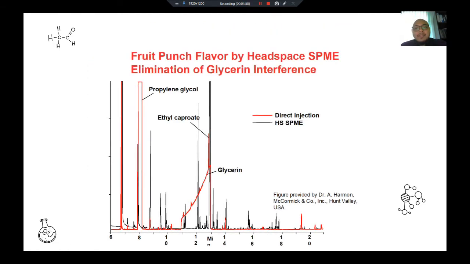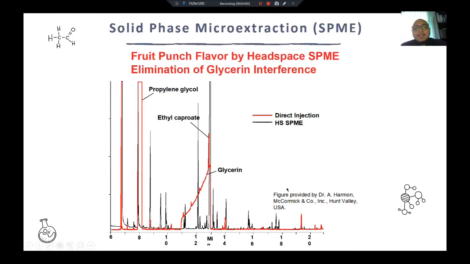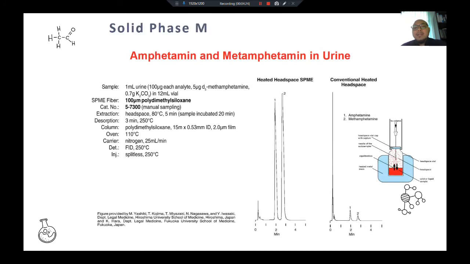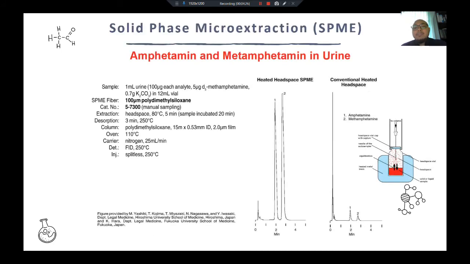Or do you have other? Okay, here is the example, okay, the application of direct injection versus the SPME. It means that, for example, you just doesn't do any preparation, just do direct injection, so a lot of matrix interference. But for headspace SPME, it gave us there is no much interference, okay. We don't have this particular pattern of broadening, okay, that's good, right. That's an example. And then here is another example, alright,